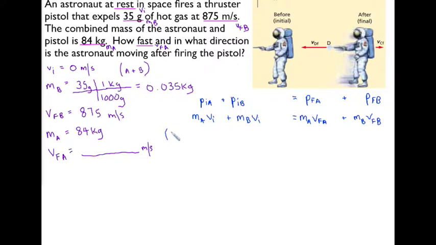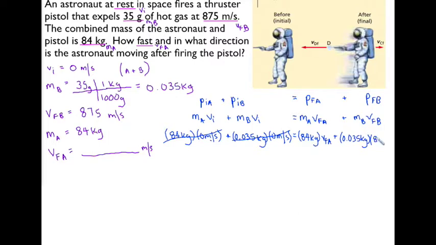Okay, so now we can go ahead and put numbers in for this. So our astronaut is 84 kilograms and his initial velocity is 0, so that will cross out. And then we have the mass of our air times the initial velocity of the air, that will cross out. Then we have the mass of the astronaut times his final velocity plus the mass of the air times the velocity of the air. Okay, so on this side we'll just have 0 is equal to